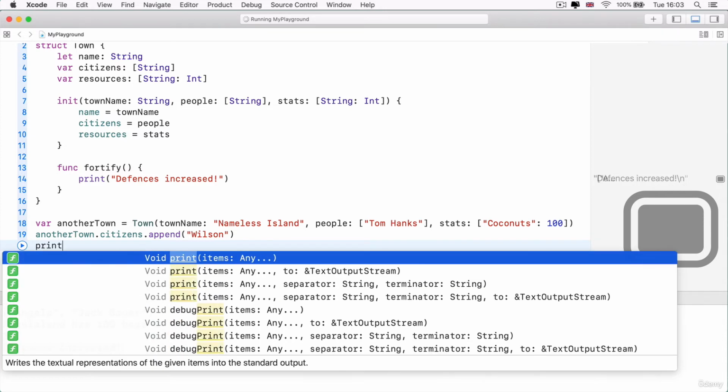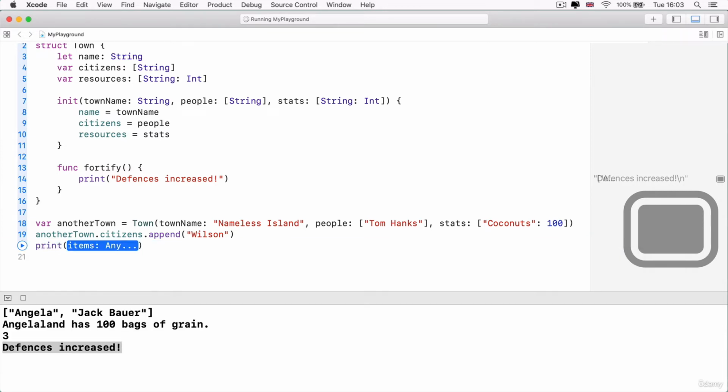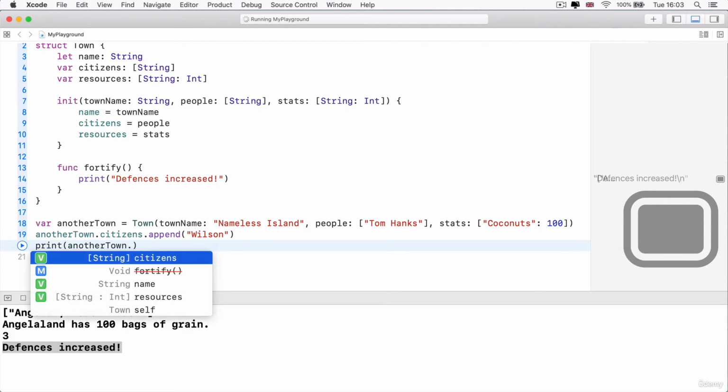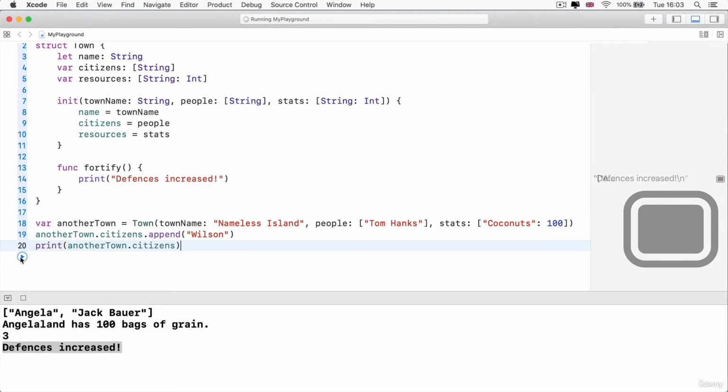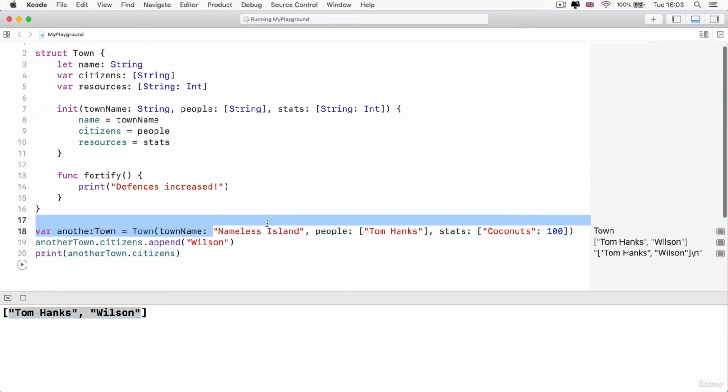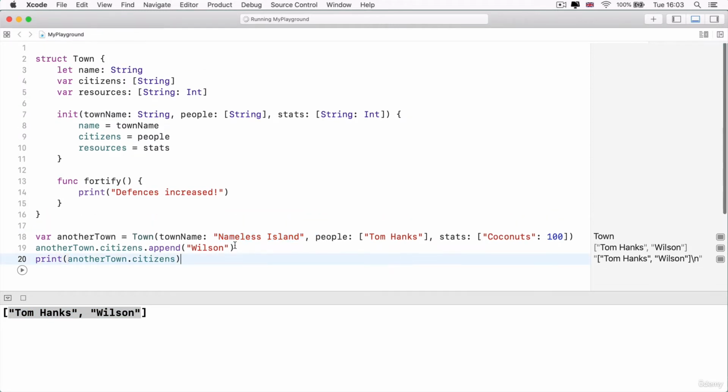And we can, again, if we wanted to, now print another town, so our object's property. Let's print and see who lives in this town. So this time it prints there's Tom Hanks and there's Wilson on Nameless Island. Now notice how I'm twisting these names so that they don't overlap with the names I've got as the properties